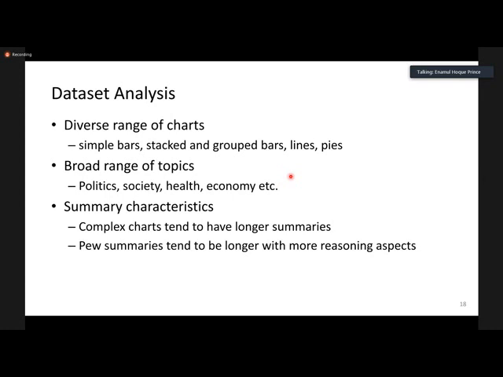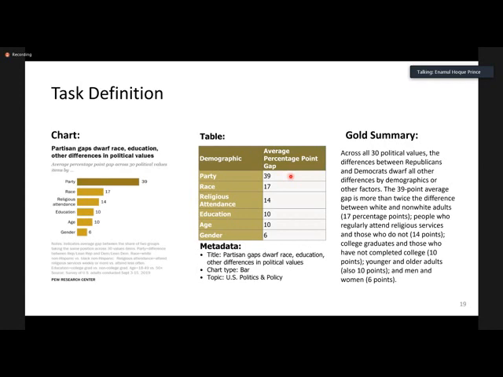Now, once we have crawled these two datasets and annotated them, we define two possible task settings. In the first setting, we assume that in addition to the chart, the data table of this chart is given. In the second problem setup, we assume that the data table is actually not available. We only have the chart in image format. Therefore, this setup is more complex. So the idea here is that you have the chart as input and you have to generate a summary that looks like this gold summary.